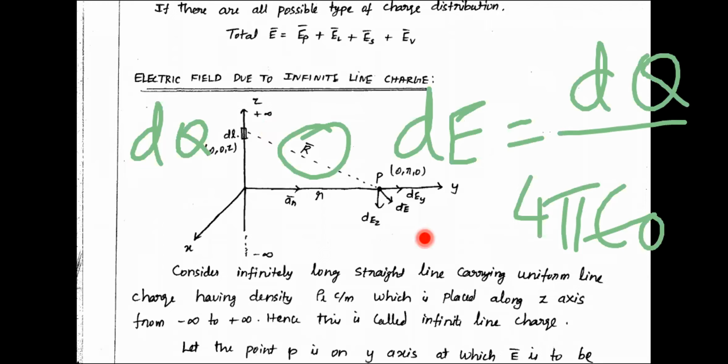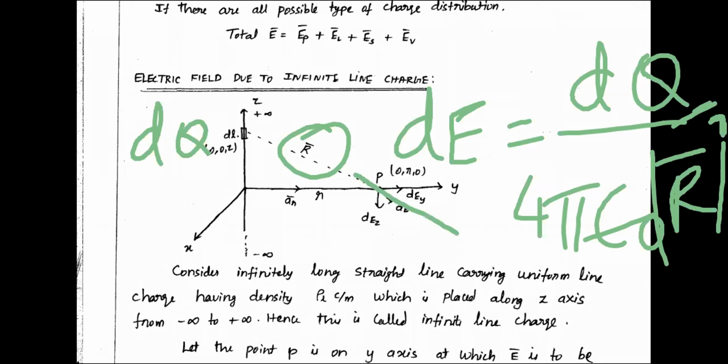So what will come here? R bar square, the magnitude square. Then what is the vector direction? Can anybody tell what the vector direction is? To know this vector, you should know what this point value is and what this point value is. Now you are dealing with the point charge, then we will extend into line charge. But initially we are dealing with a point charge. Then definitely the force, or electric field, will be in this direction.